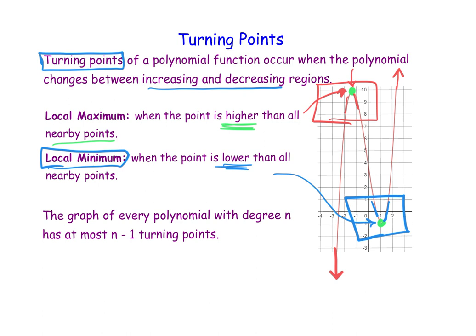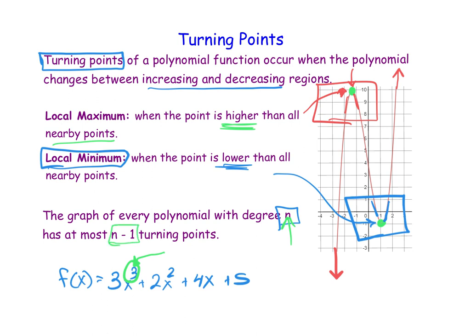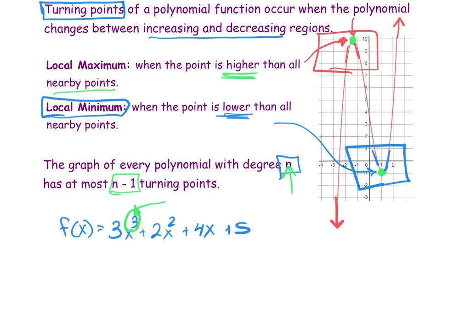The other thing that we need to be aware of is that the graph of every polynomial with degree n. So remember, degree n means that n is the highest power. So for example, say we had something like 3x cubed plus 2x squared plus 4x plus 5. So this is degree 3, right? Because the highest power is 3. So it says that every graph of a polynomial with degree n, so n is some number that we have to determine from looking at the polynomial, has at most n minus 1 turning points. So what we can conclude about this example function that I just added right here is that because this example here is degree 3, we expect to see at most 3 minus 1, or 2 turning points